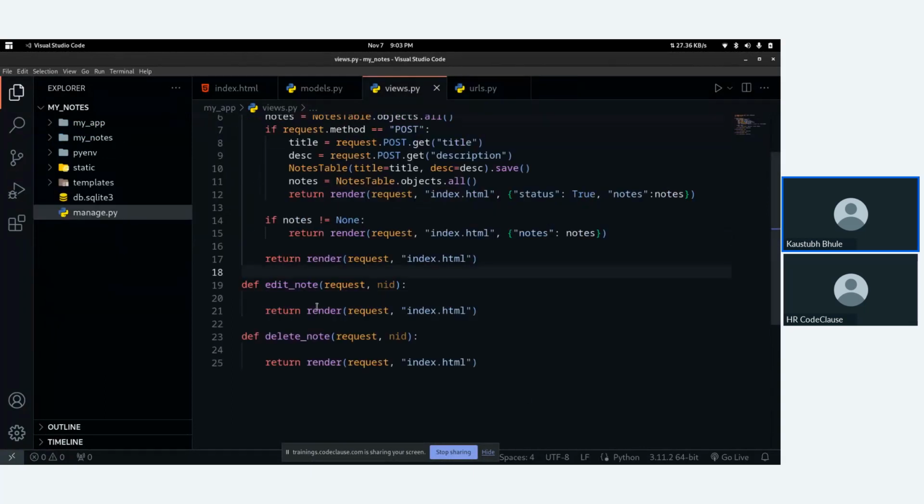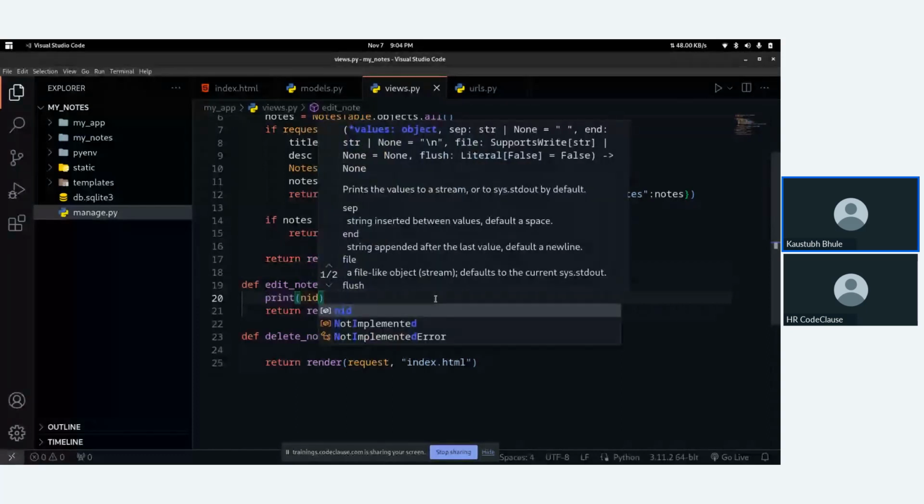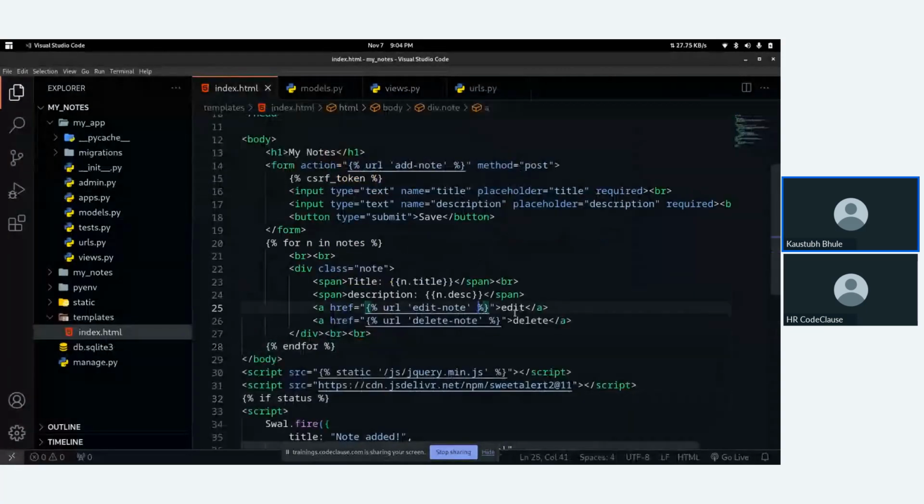So let's check if we get that particular NID after clicking on the link. So I'm printing the NID here on edit note, and now in the HTML section you have to pass the data, right? So I will pass my NID equals n.nid, loading a single record in n, not ID. And same for the other function also. Fine.